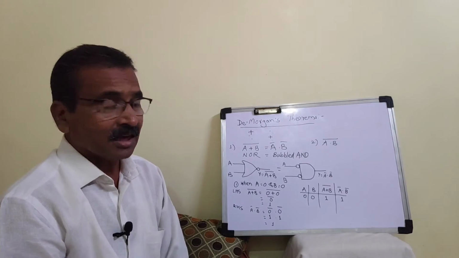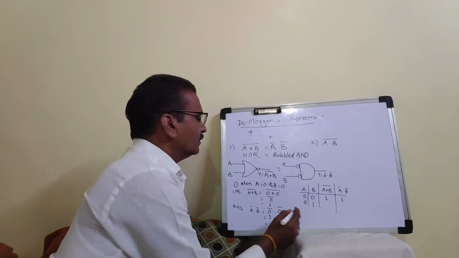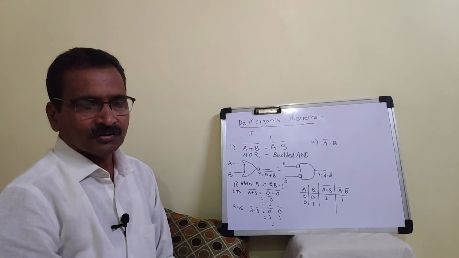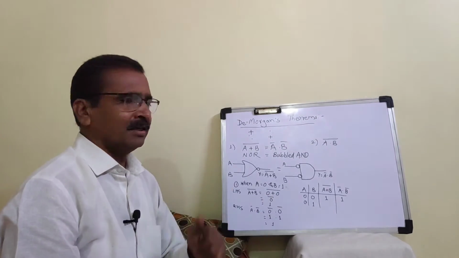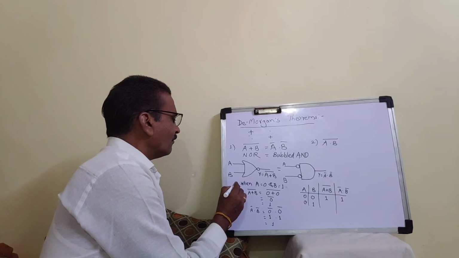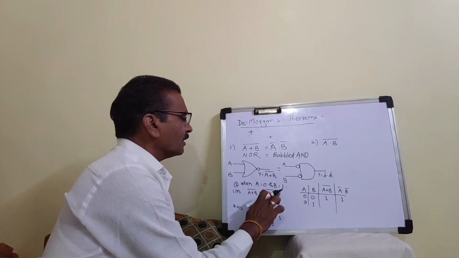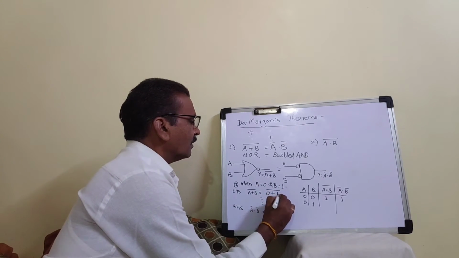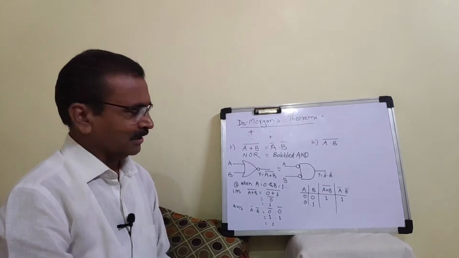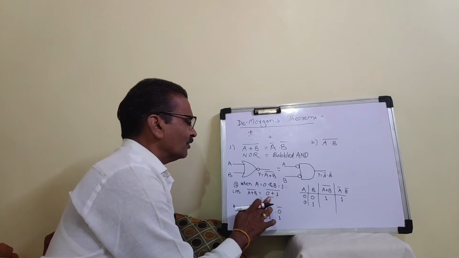For the second condition, now we have to use 0 1. In the second condition B should be 1, so I have replaced only B here from the first condition. Now I have the second condition. So here B value will be 1, that we have to put as it is. So 0 plus 1 will be 1.